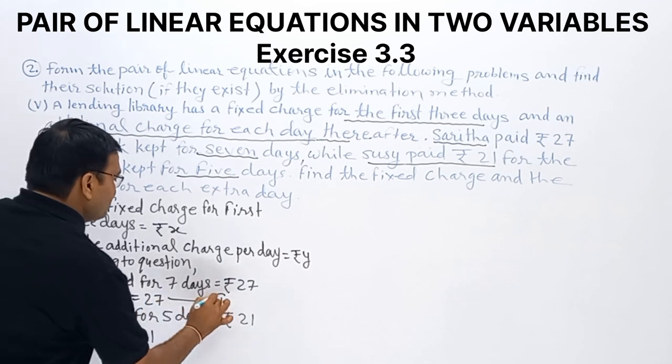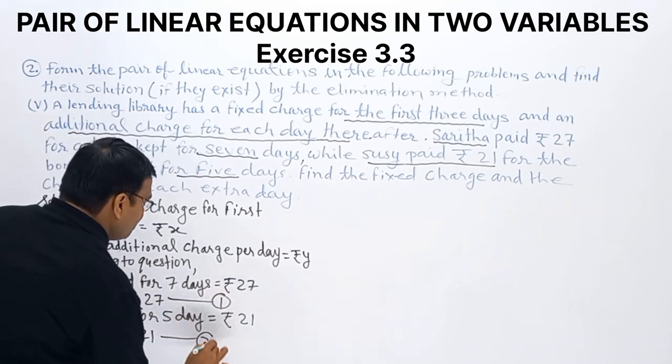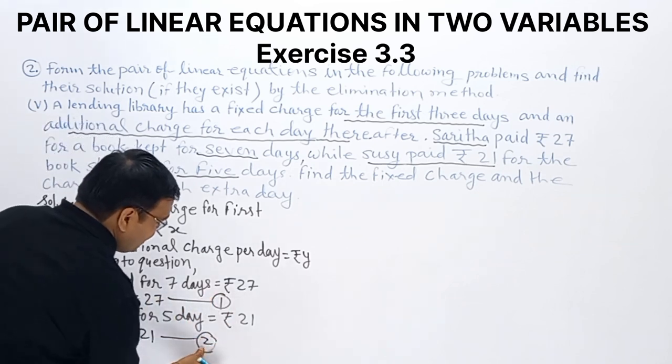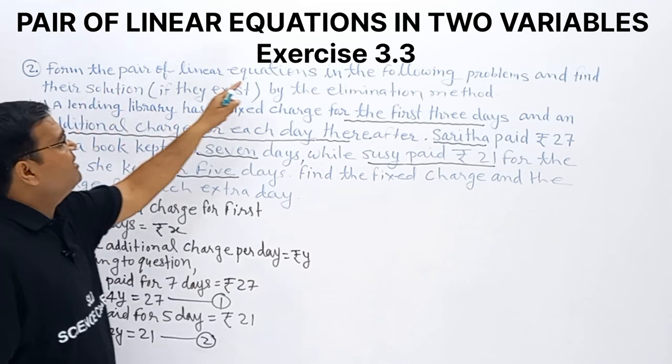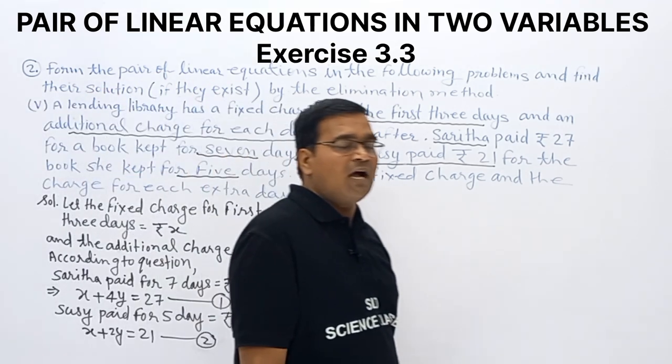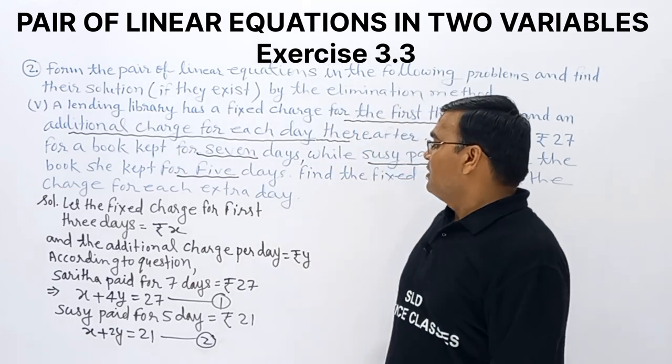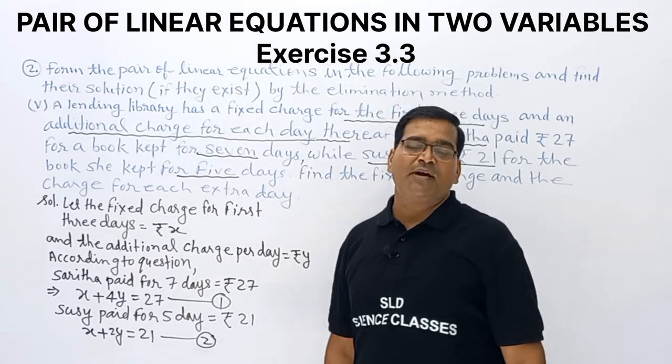This is equation number 1 and this is equation number 2. In this way we obtain a pair of linear equations. Equation 1 and equation 2 are a pair of linear equations. Clear? Half of the question we have completed. Now we want the solution by using